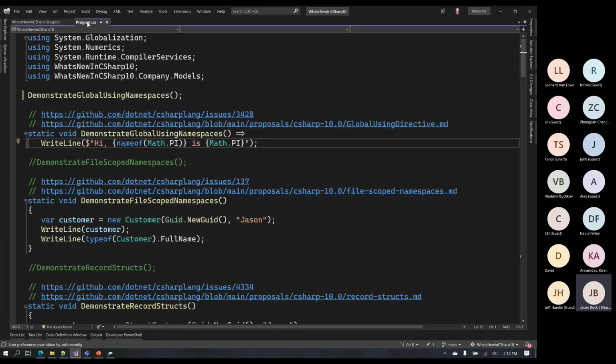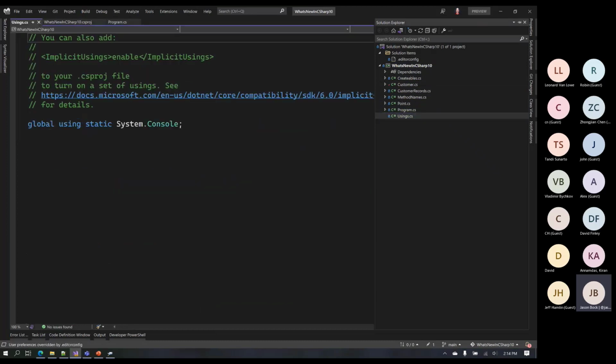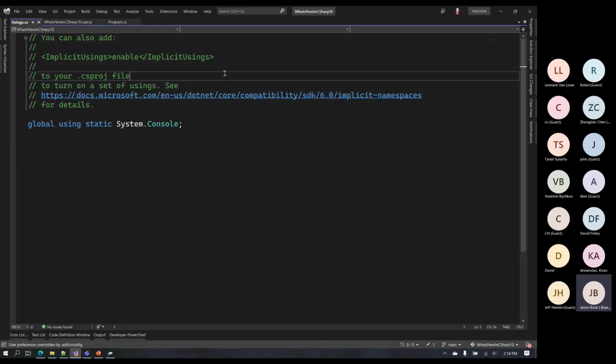The other thing is, again, the fact that I don't have to reference Console directly. And the reason is if I go into this Usings.cs file, yes, I didn't delete it. I just had it in this file. This is the link that tells you the namespaces for the particular SDK that you're using. This, though, is how you could globally bring in any namespace that you want.